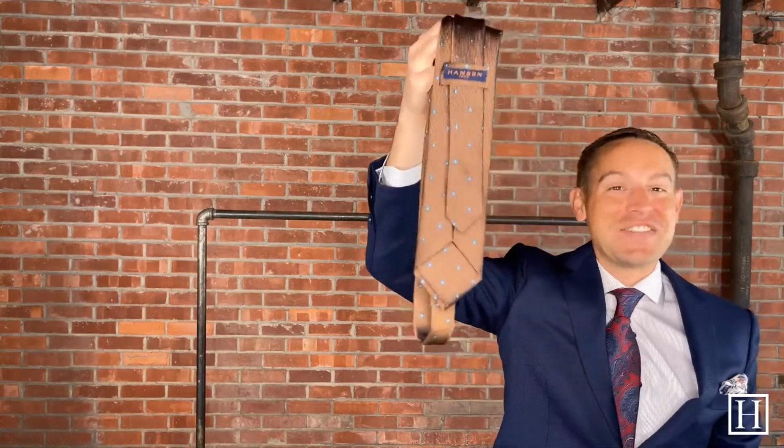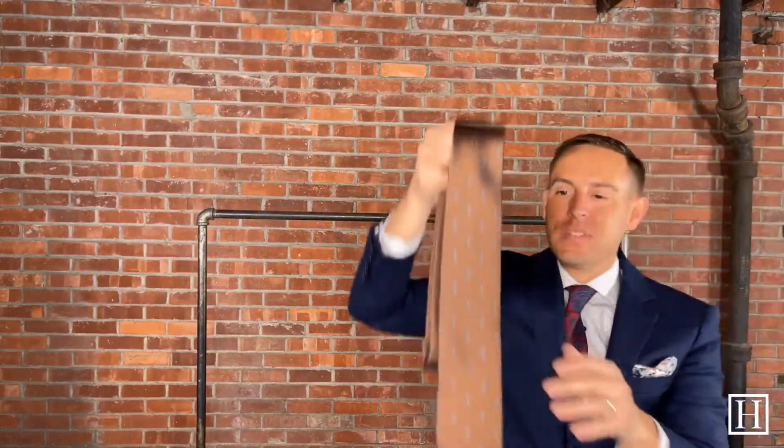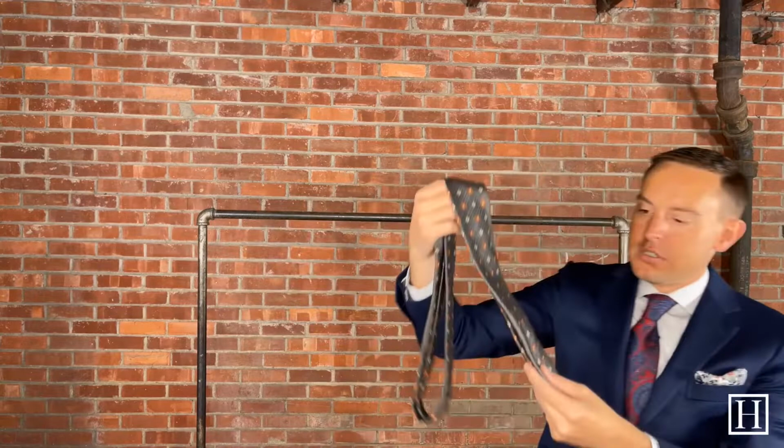so very one-sided on how I'm feeling on these ties, but we know you're going to absolutely love them, especially, like I said, the touch, the feel. They're extremely soft and comfortable. Up next, we have a gray and orange,